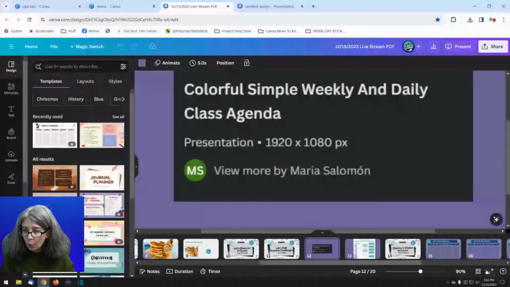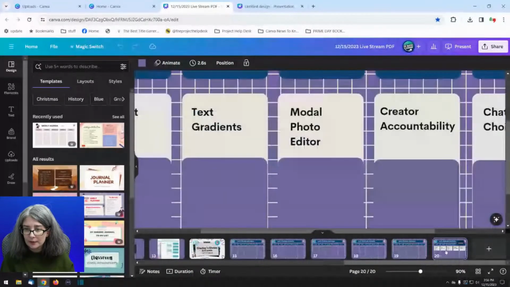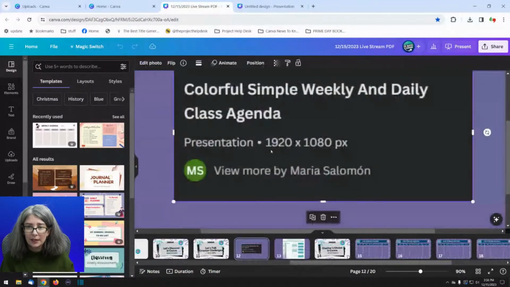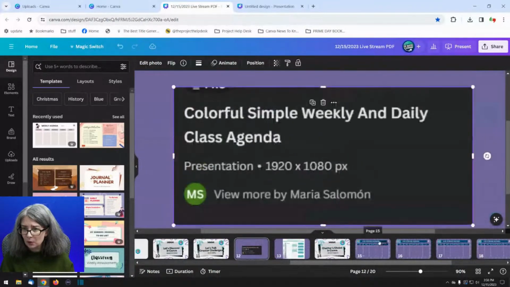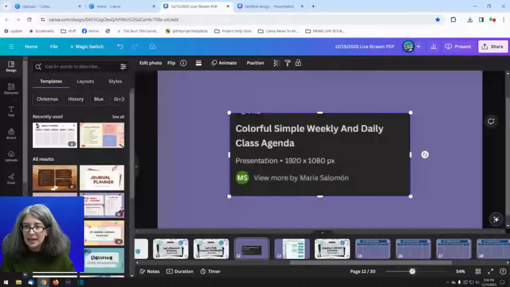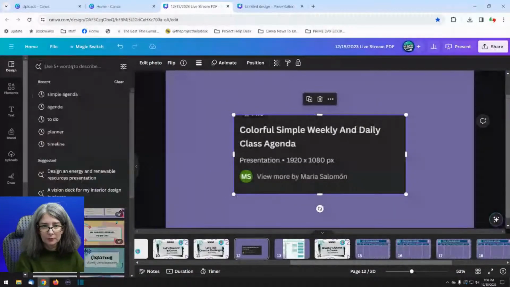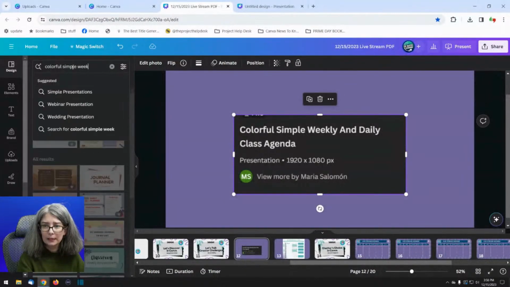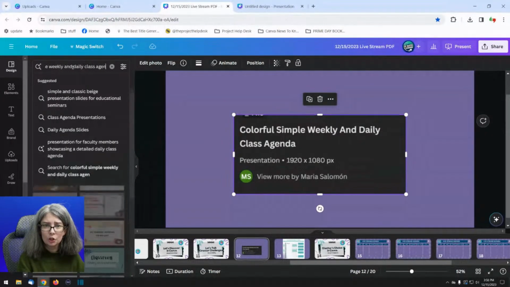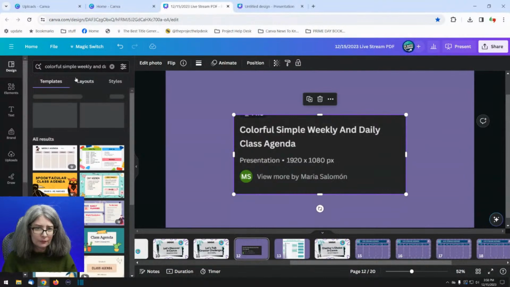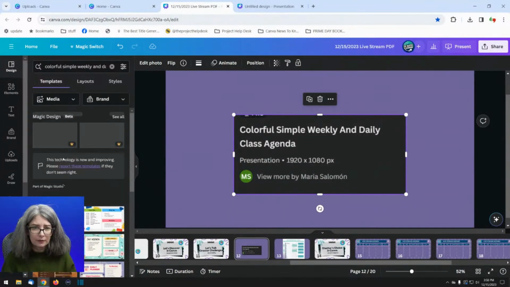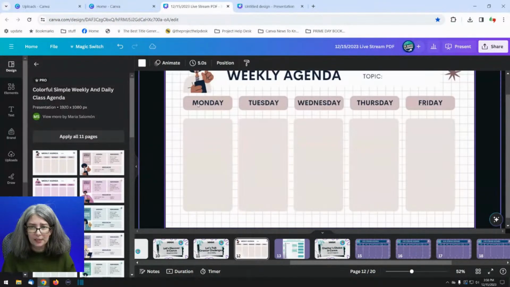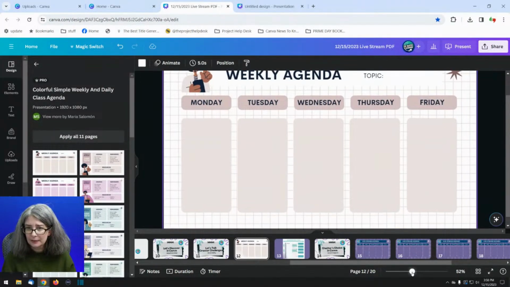But what I wanted to show you is this. Let's see. Colorful Simply Weekly class agenda. Let's look up colorful, simple, weekly, and daily class agenda. All right, here it is. This is actually what I used for today's stream when I was planning it.